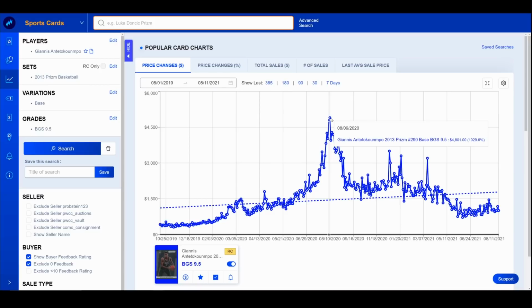Now, maybe Giannis would have ended up going on and winning an NBA championship that year. He obviously didn't. The Lakers did. And then maybe that card would have kept going up more and more and more. Who knows? But at the time, I did not have the knowledge that I have now, and the experience that I have now a year later,